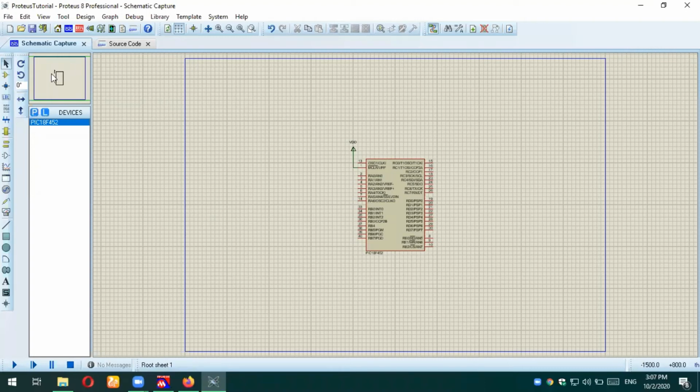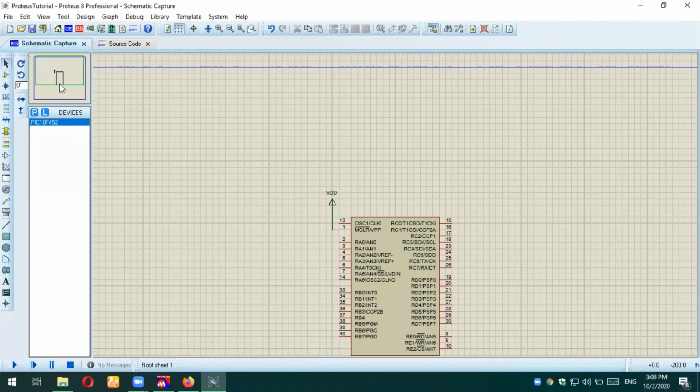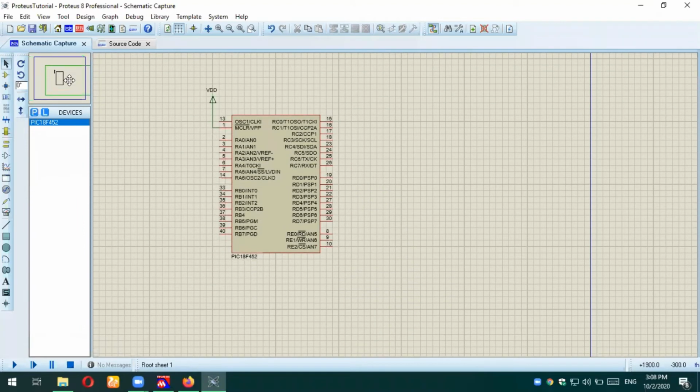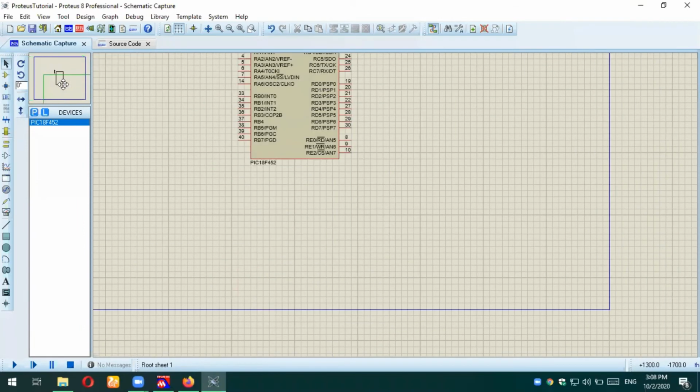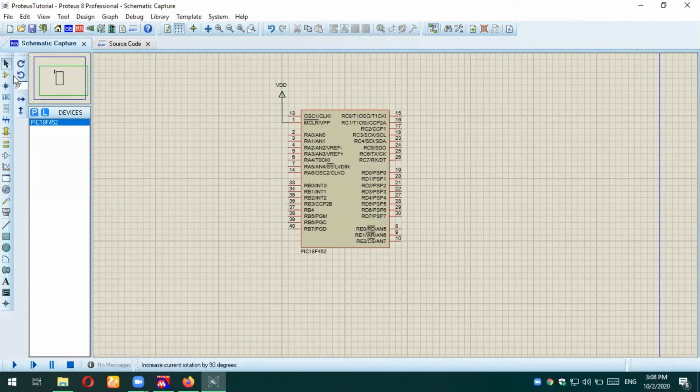Okay, now we will complete the circuit or connect the required peripheral device. We know that for this specific task, we need an LED to be connected with this microcontroller chip, and there are various pins you can observe.